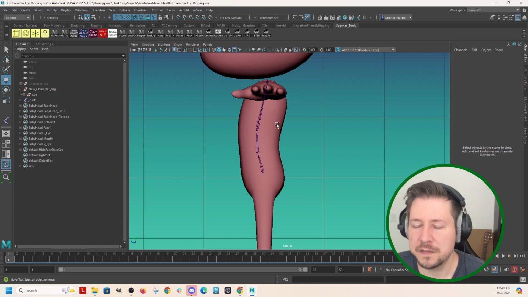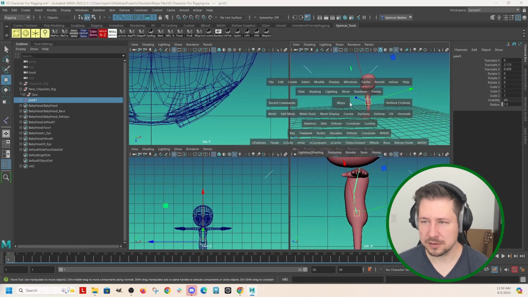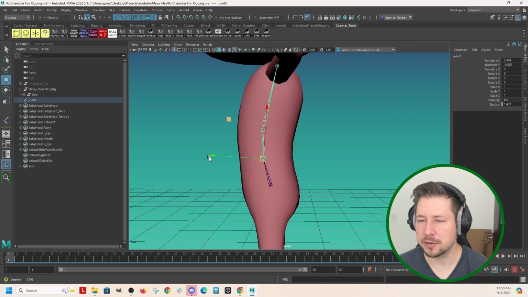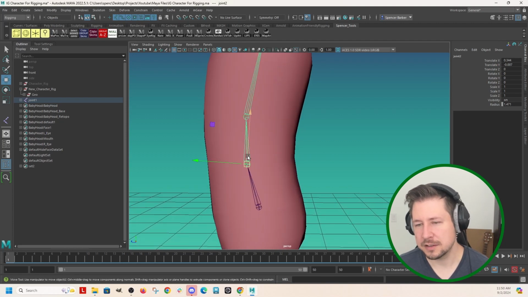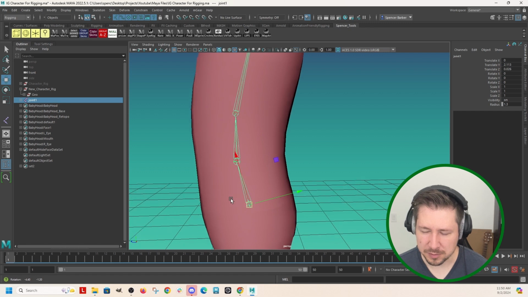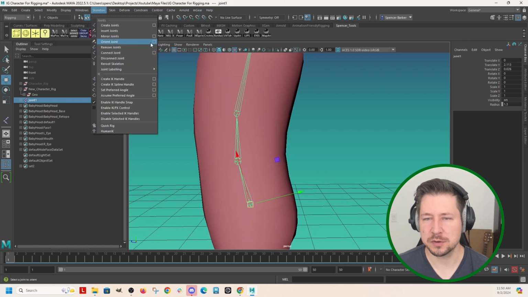Alright, and then before doing anything else with it, we want to orient these joints. So if we go into this view, you can see that since I moved them around, this orientation is off. This arrow isn't pointing straight down the bone, and we want it to. Neither is this one. So to fix that, this one looks like it's pretty close, but I did move it. So we can go to skeleton, orient joints,